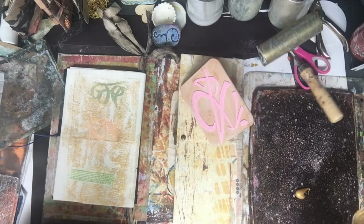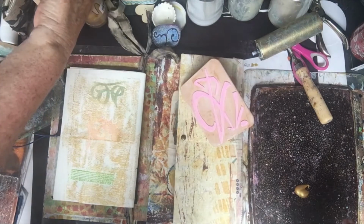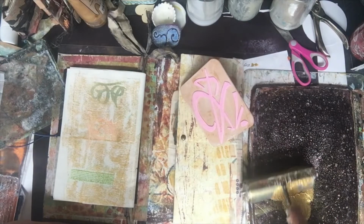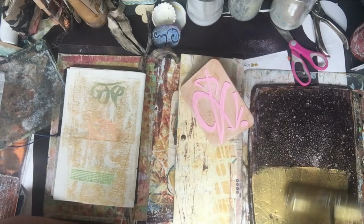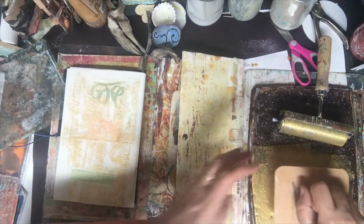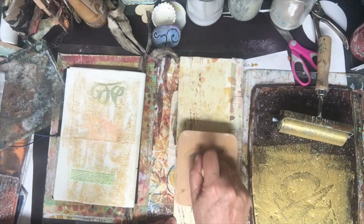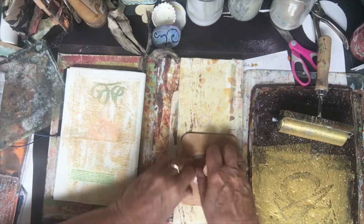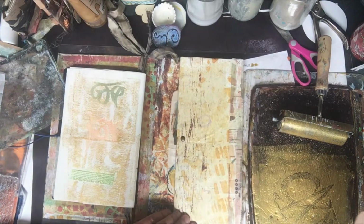I don't know whether you can actually see. I haven't got the light on because the sun is behind me now, the afternoon. I don't know whether you can see the difference between them or not, but anyway. Okay. I think I want it about there. Not strong enough, although I quite like the